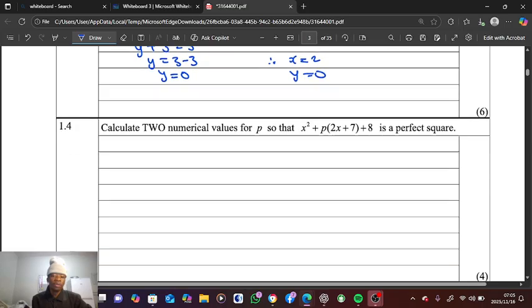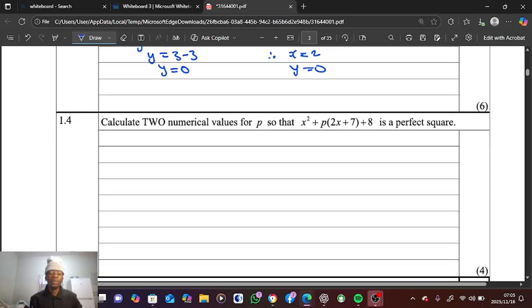We go to 1.4. It says calculate the two numerical values for p so that x squared plus p into 2x plus 7 plus 8 is a perfect square. So we can say that x squared plus p into 2x plus 7 plus 8 is a perfect square. So we're simply gonna do what? Simplify our bracket first. So we're gonna have x squared plus p